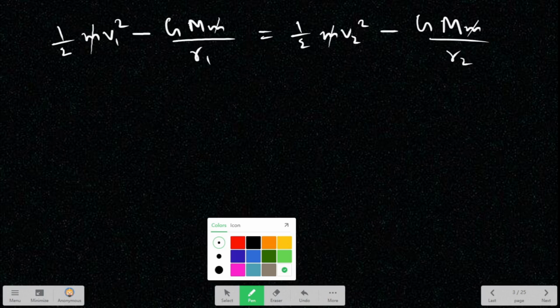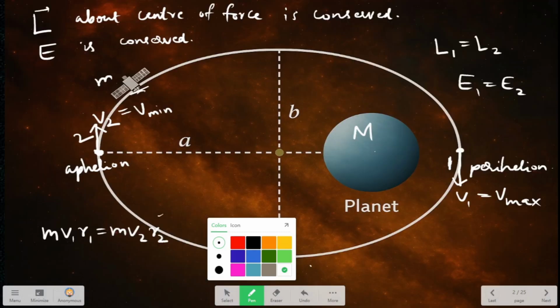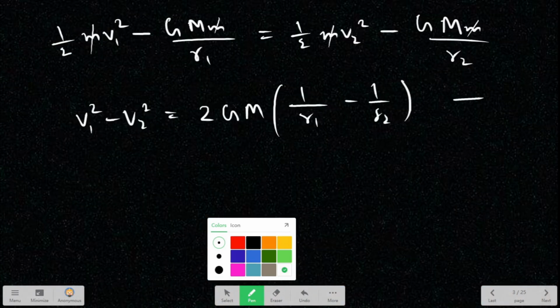So this gives v1 square minus v2 square is equal to 2GM into (1 by r1 minus 1 by r2). This is equation number 1, and the earlier one is equation number 2. So from 1 and 2